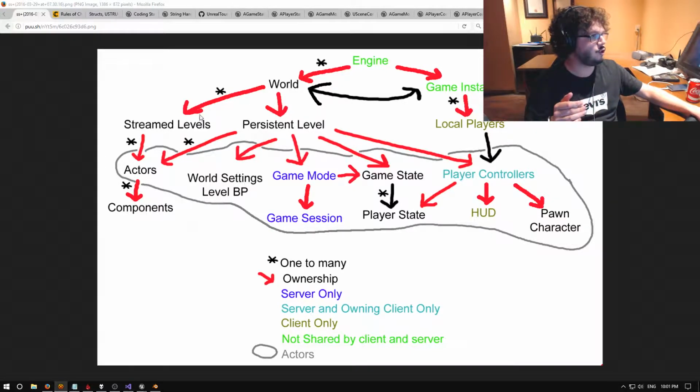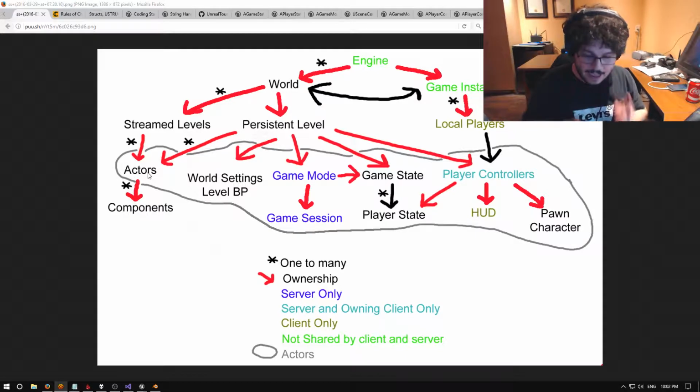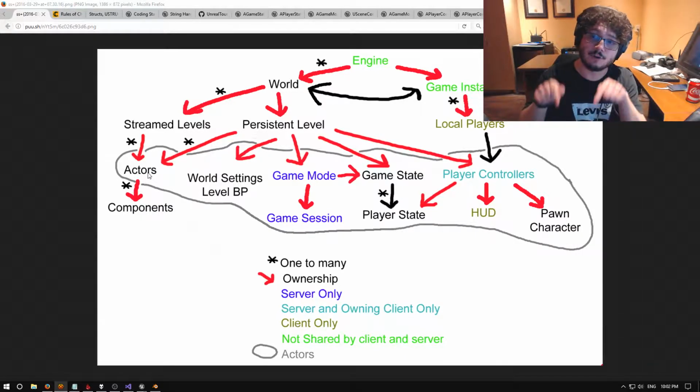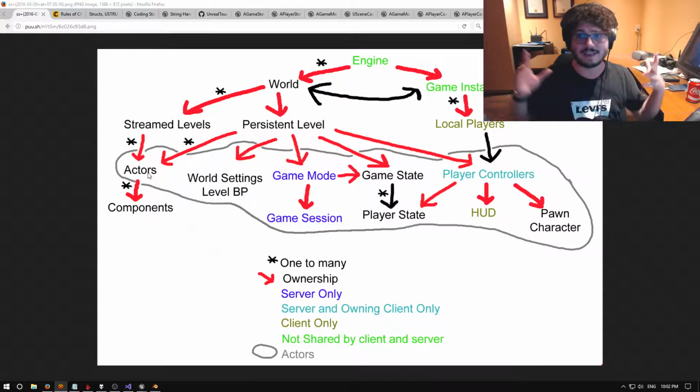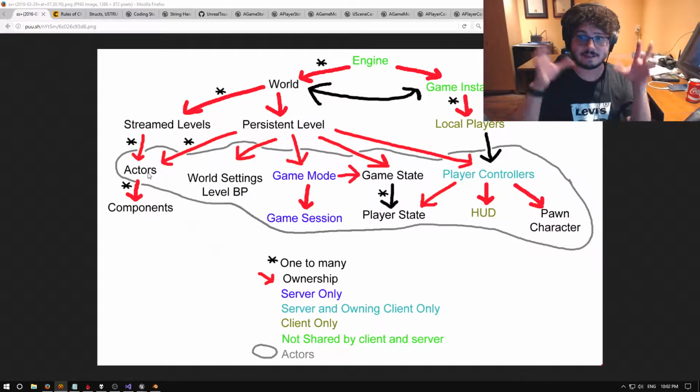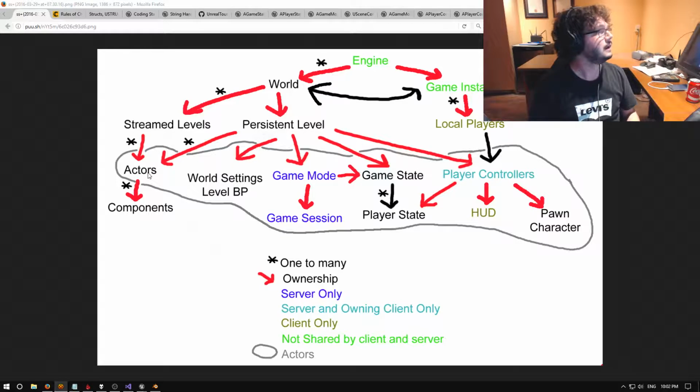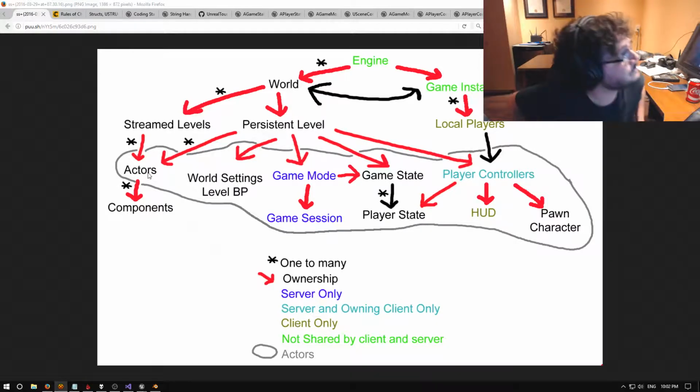Persistent level, screen level, don't worry about that just yet. Long story short, then you have actor. Everything is an actor spawned into the level you're in. That's the game mode, the game state, the player state, the tiles, the pieces, the player pawns, player controller, all that stuff, characters, static meshes, all spawned in the level as an actor. The actor can have components,